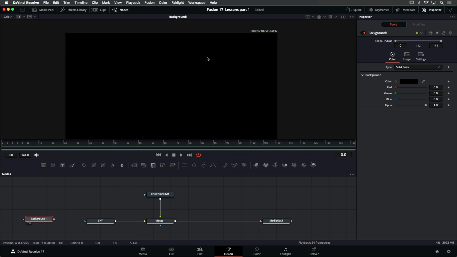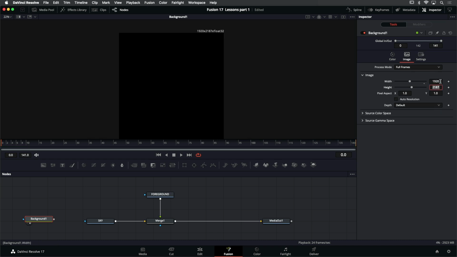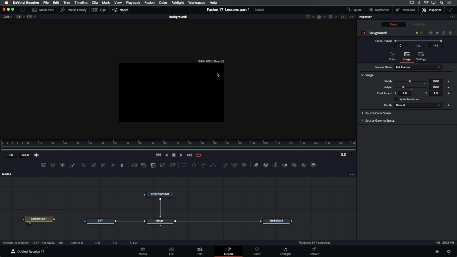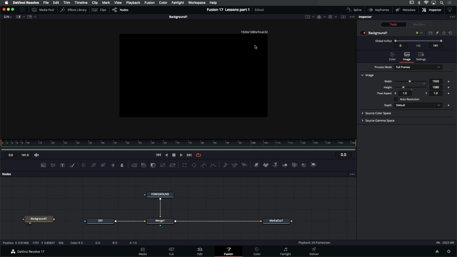And I'm going to view that. Currently, this background node matches the resolution of the composition, which is 3,800 pixels wide. If I want to modify this, I can do that in my inspector by clicking Image. And then I can see I have my resolution here, 3,800 by 2,100 roughly. If I want to override that, I have to deselect Auto Resolution, and then I can type in the resolution that I want. You can see now I have a canvas that's 1920 by 1080, and all I need to